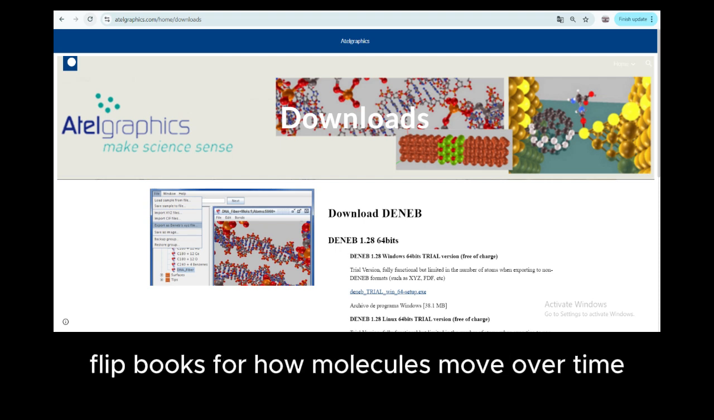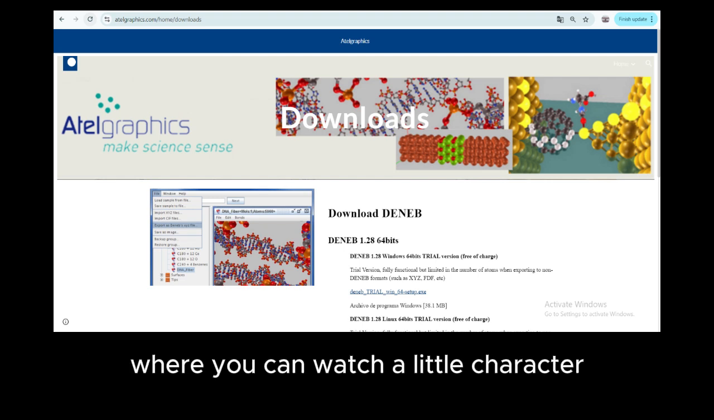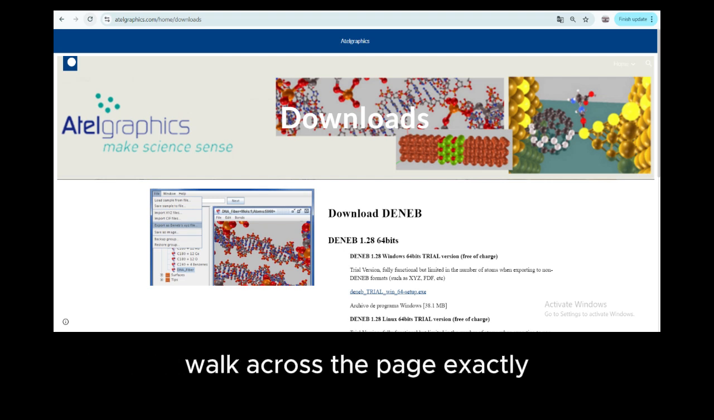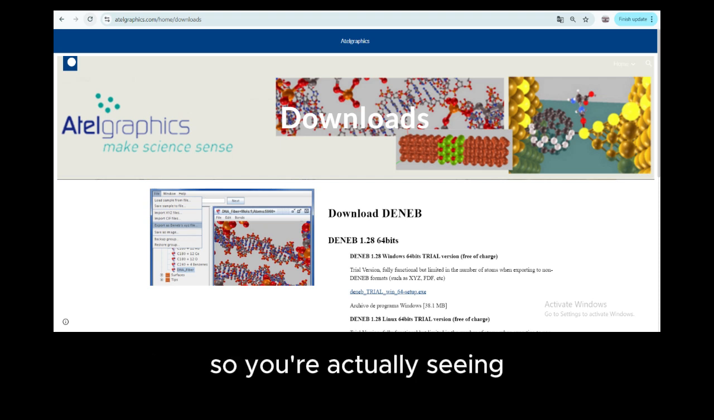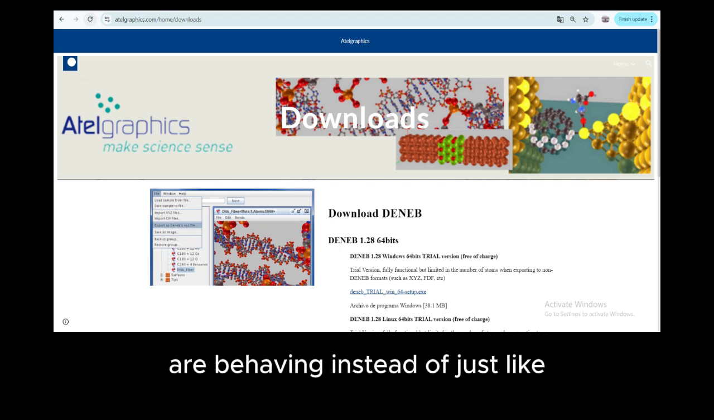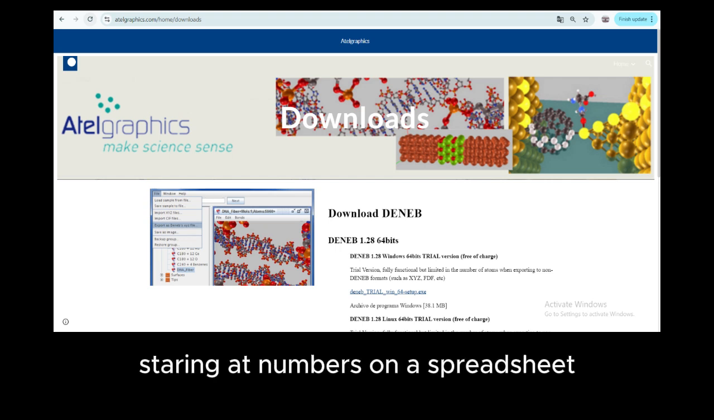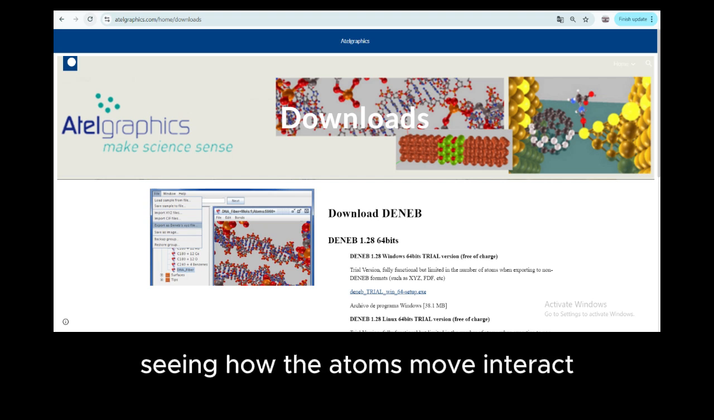The ones that are like flip books for how molecules move over time? Right, right. Those always remind me of those flipbook animations where you can watch a little character walk across the page. Exactly. And get this, DNEB can create animations from those files. So you're actually seeing how the atoms and molecules in your simulation are behaving instead of just staring at numbers on a spreadsheet. So instead of just reading about a dance, you're actually watching it, seeing how the atoms